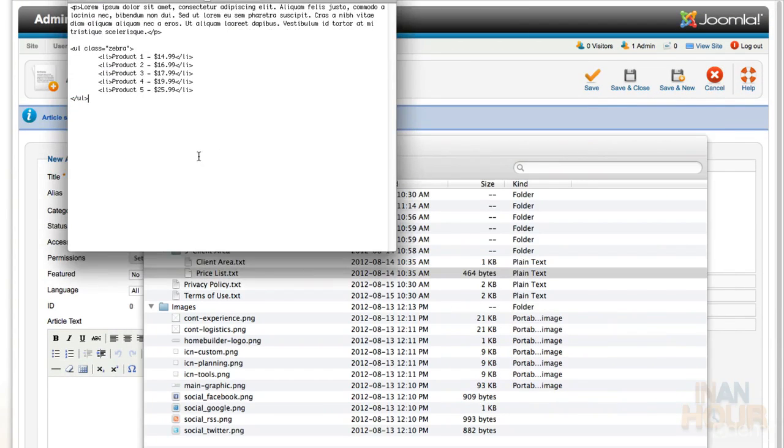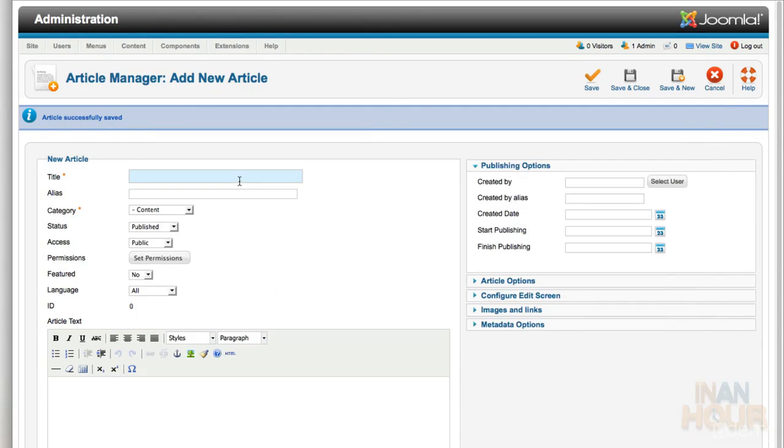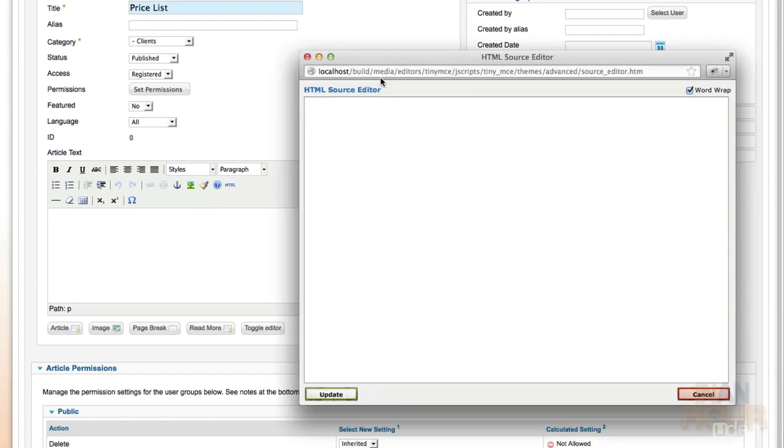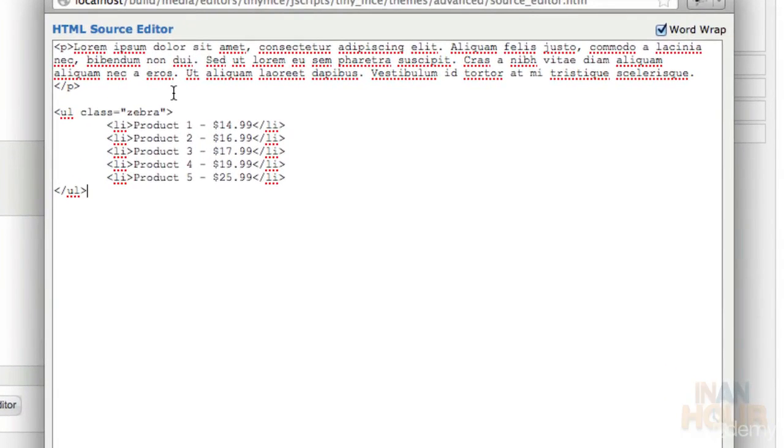We'll open up the price list, copy the contents, switch back, give it a title. Again, we're going to switch the category from content to clients. Again, we're going to switch the access from public to registered. Then we can go on down to the editor and click the HTML button, paste in our code. Now the first part of the code looks a little familiar because it's in the paragraph tag